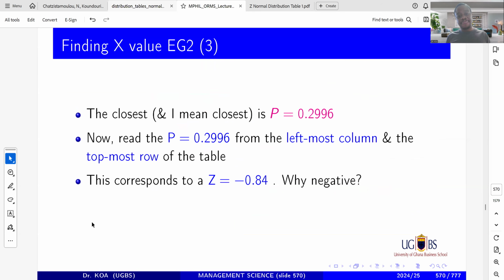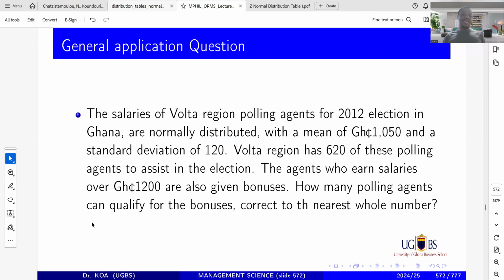Look at that. Now, in conclusion, this is a general question. There are several questions actually in your slides you should check. And this is one particular question that was a little bit tricky. Let me see whether we can crack that before we go. Very, very quick. This was an exam question.